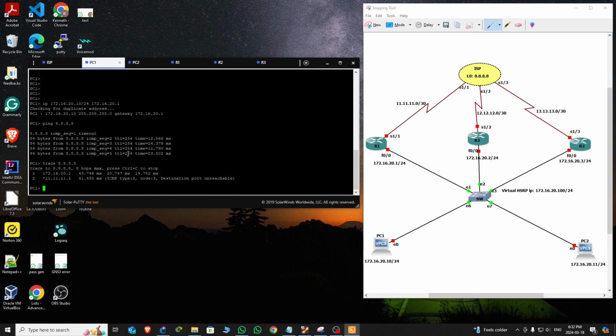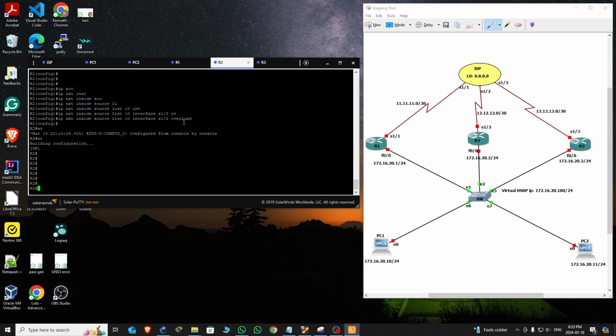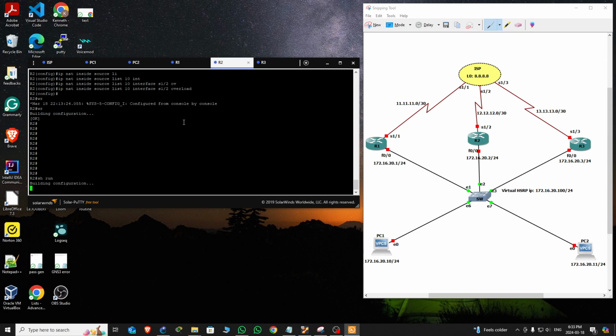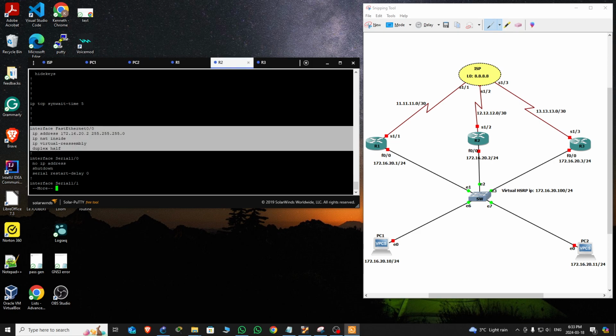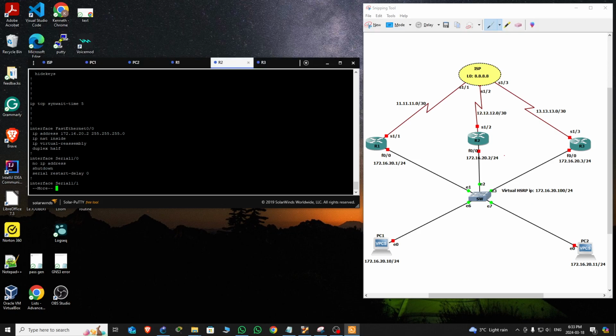So in the same way, since this configuration of R1 is very identical to R2 and R3, I actually did configure R2 and R3 already. We can just double check. Do show run on R2. So you see the FastEthernet 0/0 of R2 already has an IP address, 20.2, okay, the same 20.2 that's here. And then serial 1/2 of R2 already has an IP address